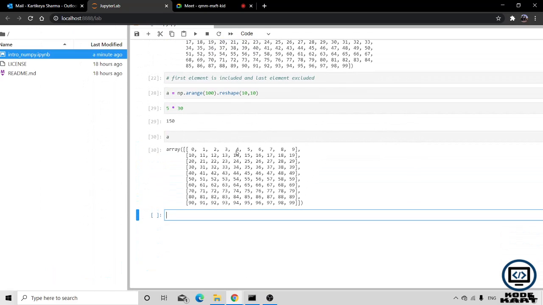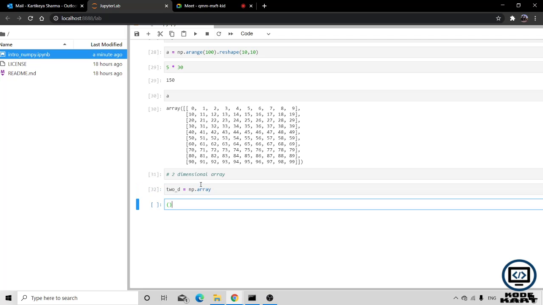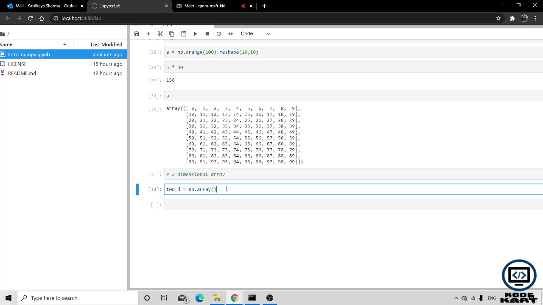So there is one more important concept in the two-dimensional array. It is what happens if I make a 2D array with np.array: 1, 2, 3, 4, 5, 6, 7, 8.